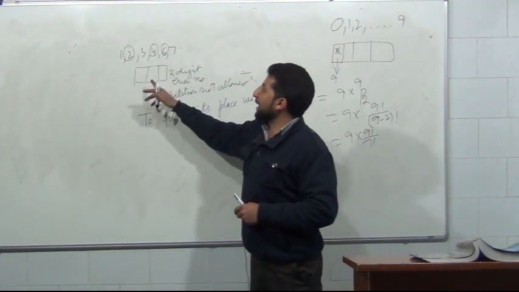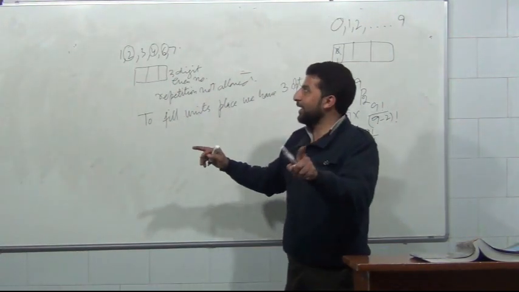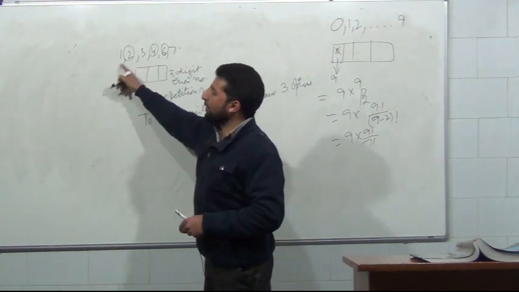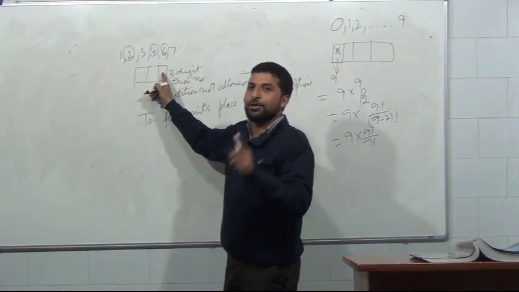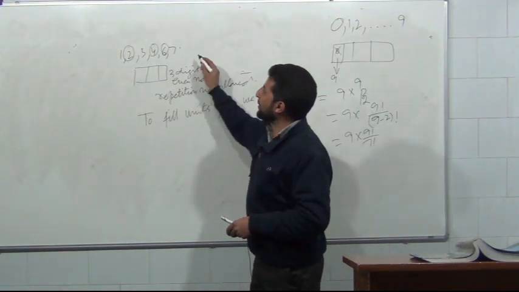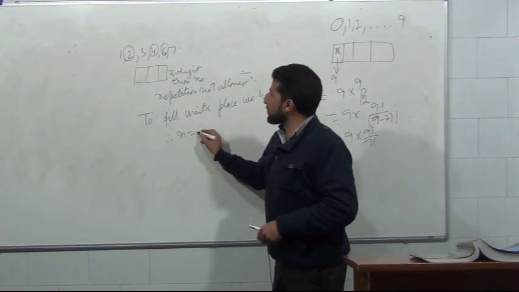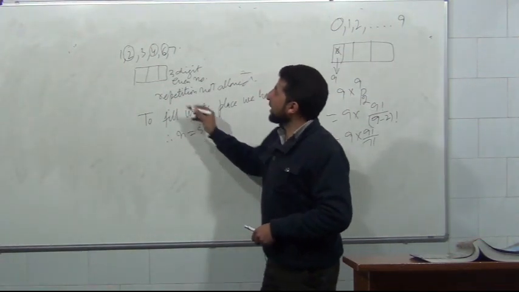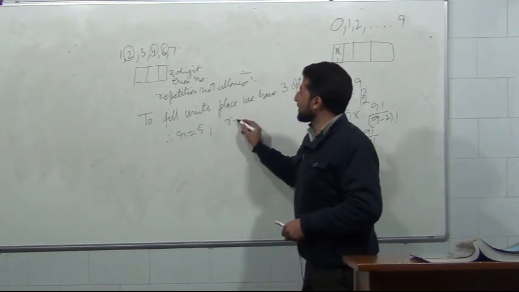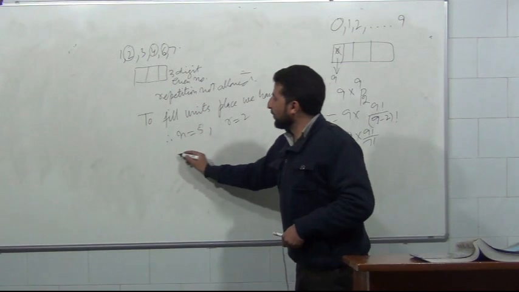But repetition is not allowed. Since you have filled up the unit place, how many digits do you have now? The total was 6, and you have filled up the unit digit. So you have now 5 options. Therefore, n remains to be 5 and r is what? You have to just fill 2 places, r is equivalent to 2. Therefore, the total number